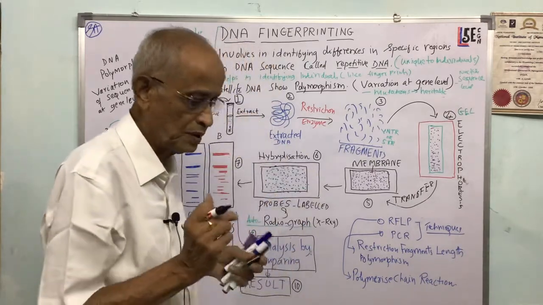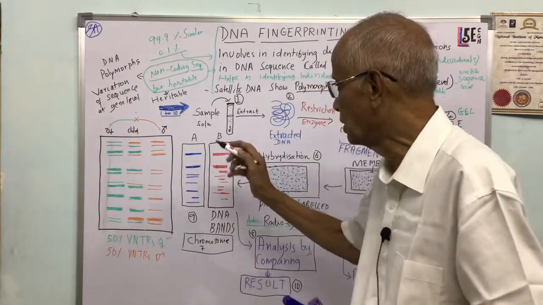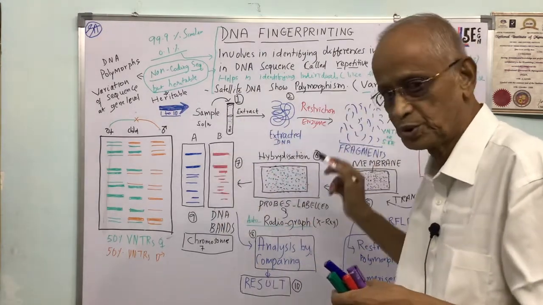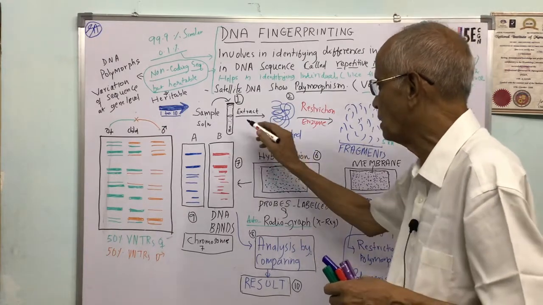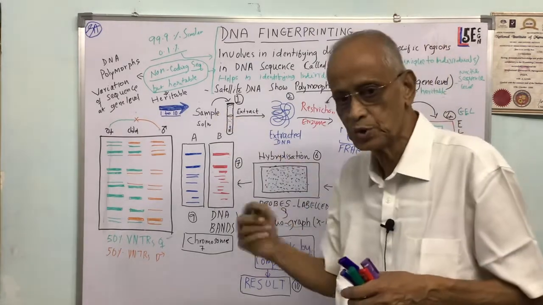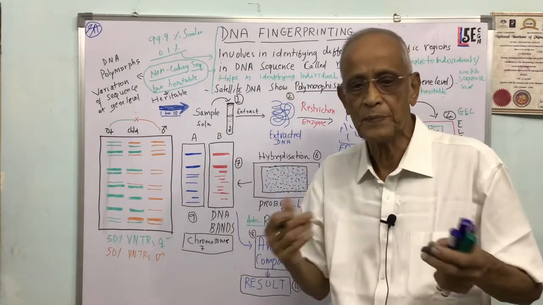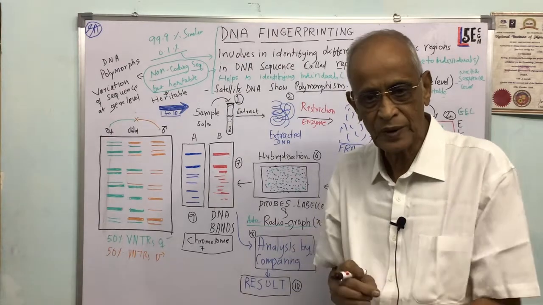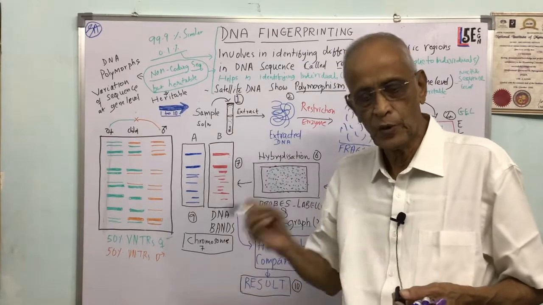Let us try to know the fingerprinting technique and the steps involved. If you look at this schematic drawing I have drawn to save the time of the recording, a sample of any individual is taken, and that sample may be taken from any bodily part. It may be taken from saliva, blood, sweat, or tissue, or even from a dead person.